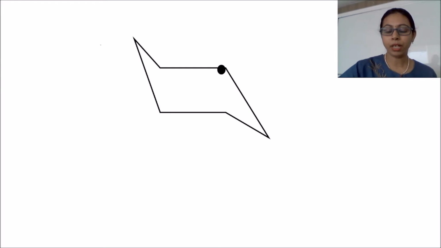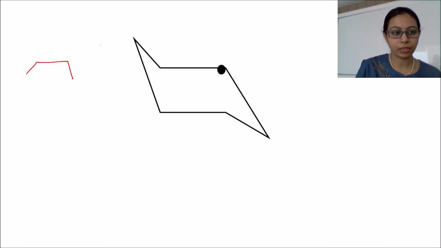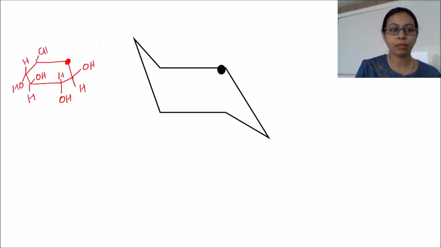There is a very simple concept why it is happening. Before that, let me draw a plain cyclic structure of the glucose molecule. So here oxygen will be there. In case of beta conformation, OH will be facing toward the upside. In carbon number 2, OH will be facing toward the downside. Carbon number 3 will be having OH toward the upside. Carbon number 4, it will be again downward. And in carbon number 5, it will be having a much bulkier group, which is CH2OH, and H.